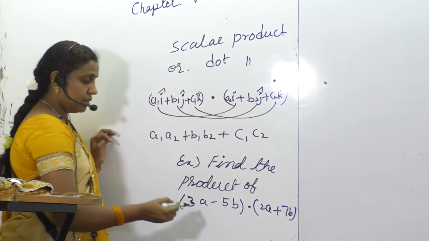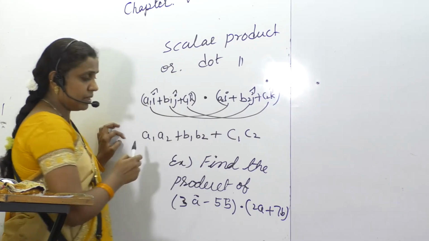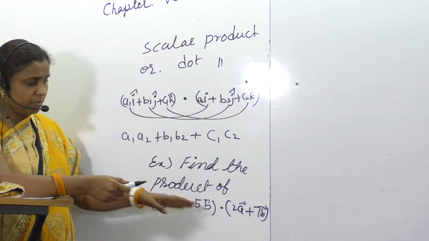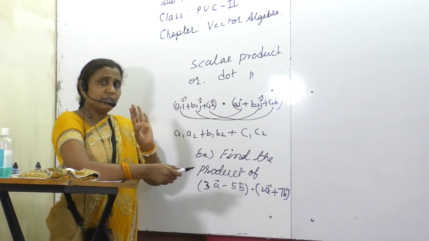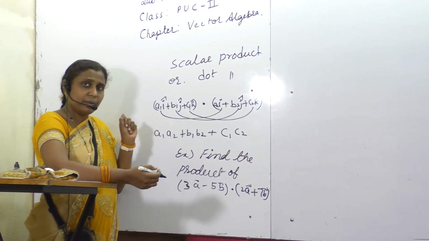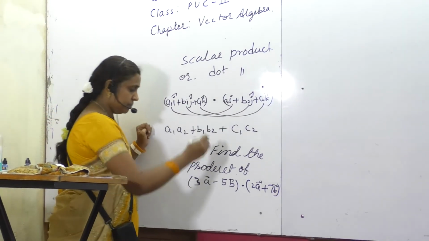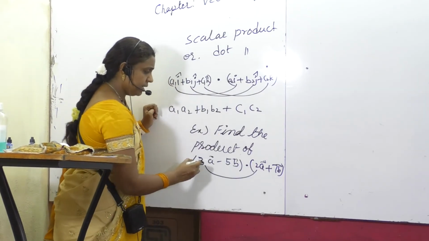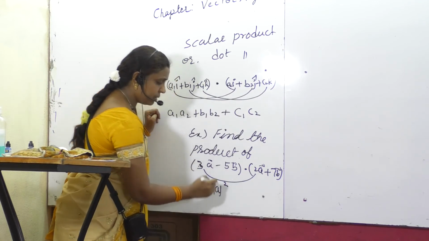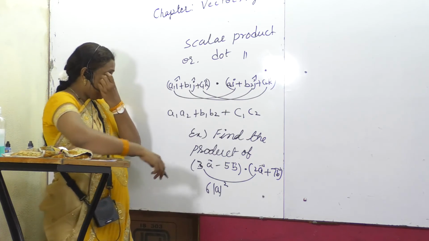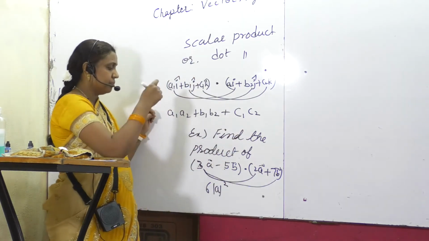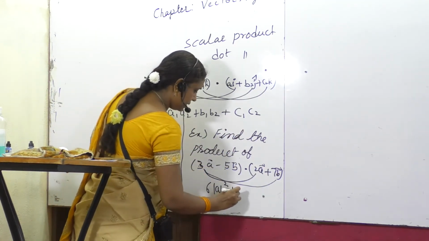Those with respect to the vectors I just made you understand. Here the whole vector itself is given, not with ijk. A means in terms of ijk, b means in terms of ijk. A and b are the two vectors. Now what we will do? We will just multiply as usual. With numbers, how do we multiply? The same way we are going to multiply here. 3a dot 2a, 3 into 2 is 6. A dot a is a square. I told you, this is how we are going to write. Got it? Next, one more multiplication that we will do with this is 7b. 3 into 7 is plus 21.